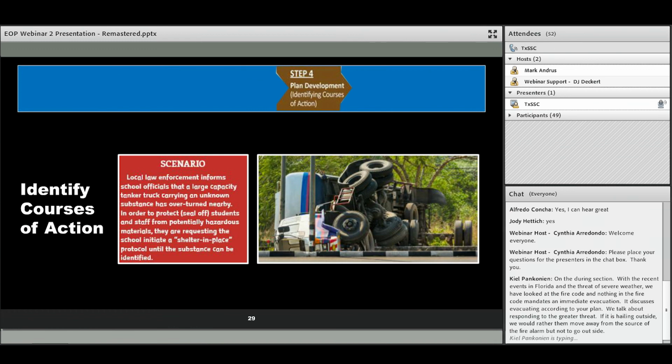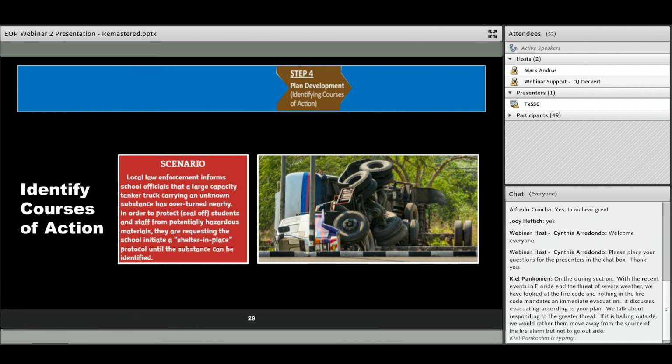But remember all your processes for sheltering: shutting down your HVAC systems, keeping people indoors, preserving the good air in until you're sure of your situation. But then be prepared for all your possible future evacuations. And in something like this, if you actually evacuated your facility, likely you're going to evacuate to an off-site location, and now you have reunification that is going to play a role. You may need to start planning for that and starting those actions for reunification almost immediately upon understanding what your situation is.